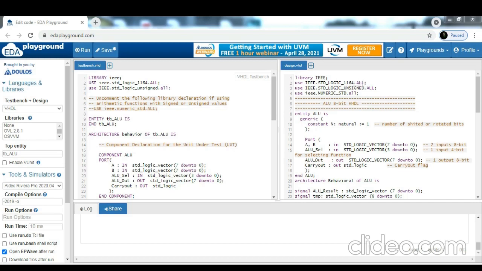In this, dot all indicates all the modules of the 1164 package. Similarly, we have to use the unsigned package to perform operations on unsigned numbers, and that can be included by using use IEEE.std_logic_unsigned.all.